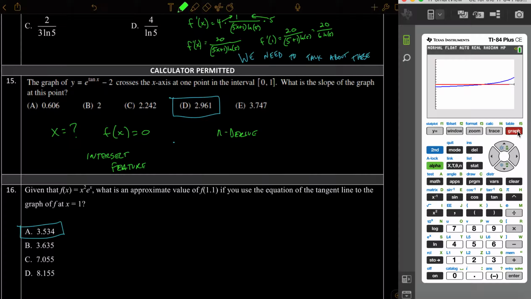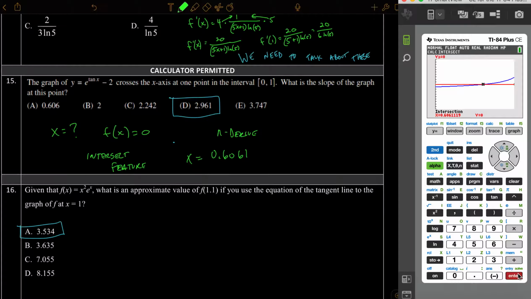So it looks like it crosses right there. And remember, the best way to find an x-intercept is to just graph y equals 0 as well, and do calculate intersect, because that's faster to execute. So the blue curve, the red curve, and then a guess. So it looks like it intersects at an x value of